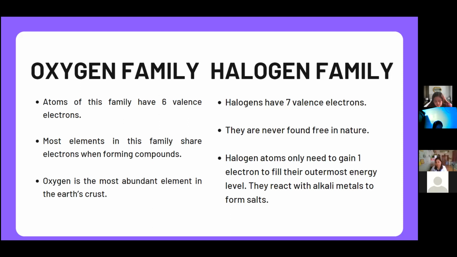And next, we have the halogen family. So si halogen family, group 7 na yan siya. So they have 7 valence electrons. So if we take into account the octet rule, so if alam niyo ang octet rule, it says that it only needs 8 valence electrons for an element to become stable. So si halogen, since 7 ang kanyang valence electron, isa na lang yung kulang niya para mapuno yung kanyang outermost energy level. So this is why it is considered as the most reactive non-metal kasi isa na lang yung need niya para maging stable. So gawin niya ang lahat para lang makakuha ng 1 electron. So next family